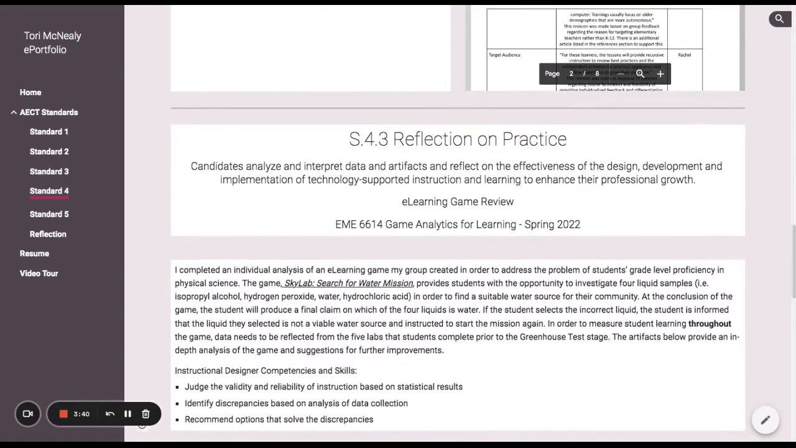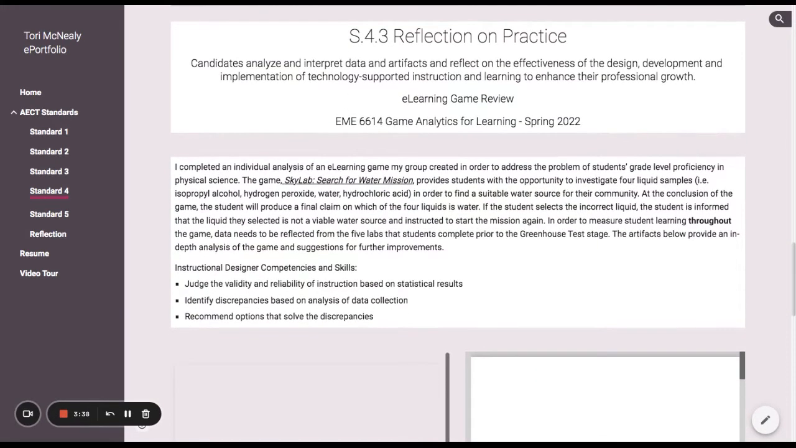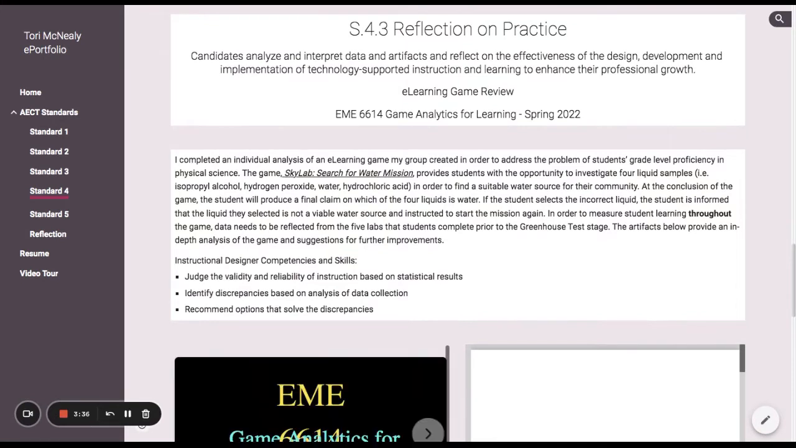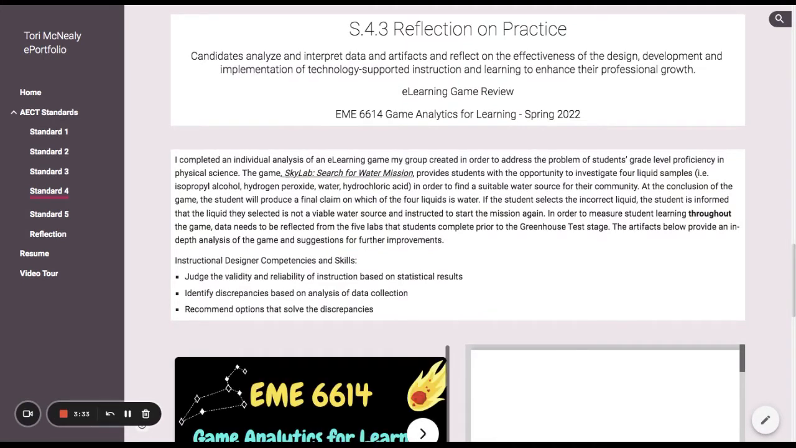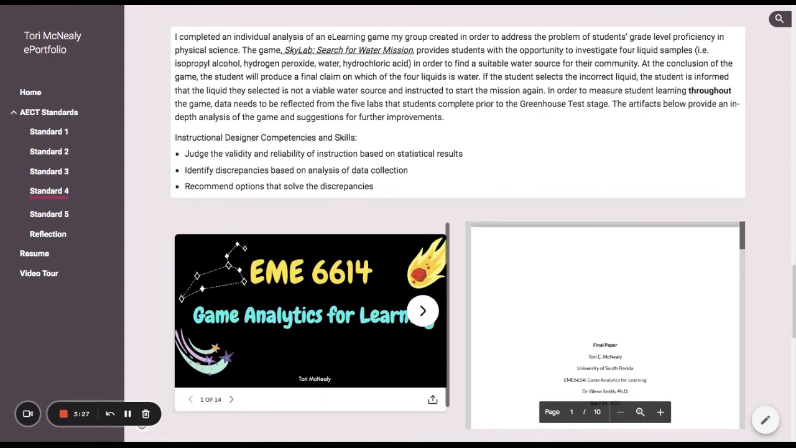Next, we have Substandard 4.3, reflection on practice. I decided to use my e-learning game review that I created during my game analytics course, based on the Skylab Search for Water Mission Science game that I created with a small group of students within another course. And so essentially, I took the game that we created